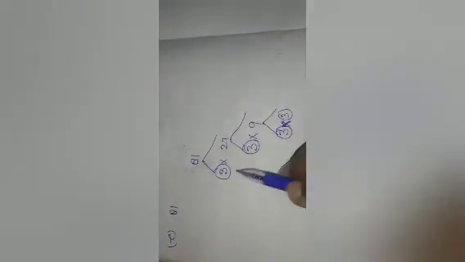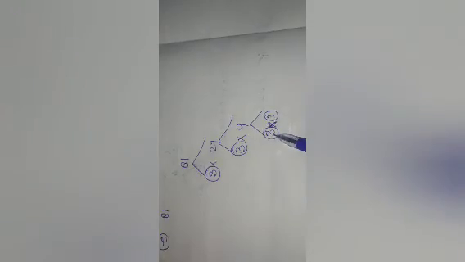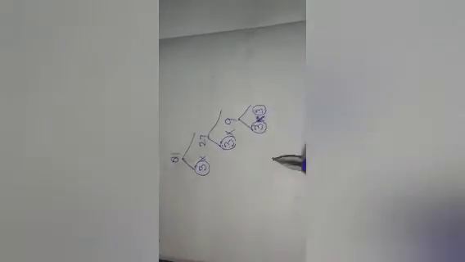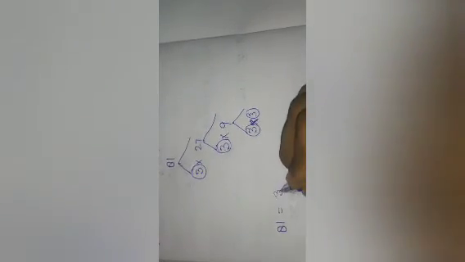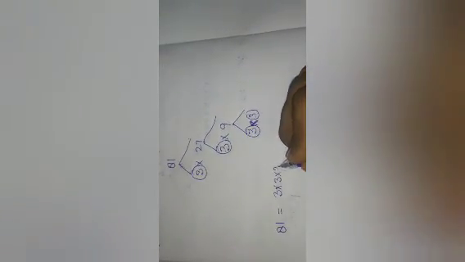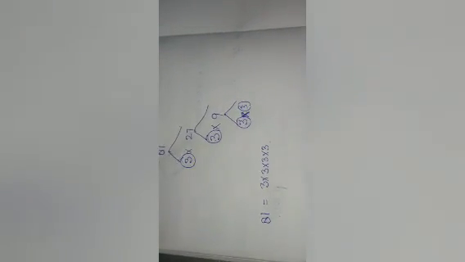So here your factors are 3 into 3 into 3 into 3. It means 3 3s are 9, 9 3s are 27, 27 3s are 81. So here you will use the factors. 81 is equal to 3 into 3 into 3 into 3. This is your answer. Clear, students? If you have any doubt, then you can ask.